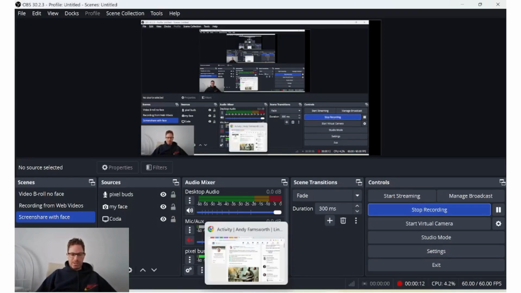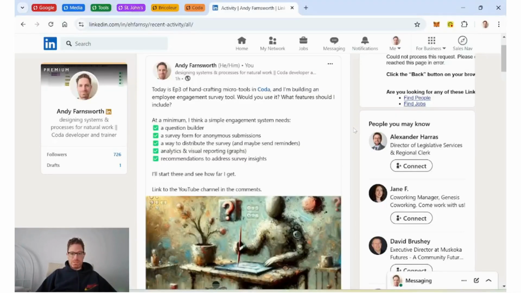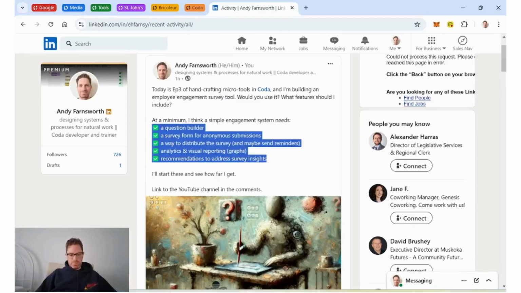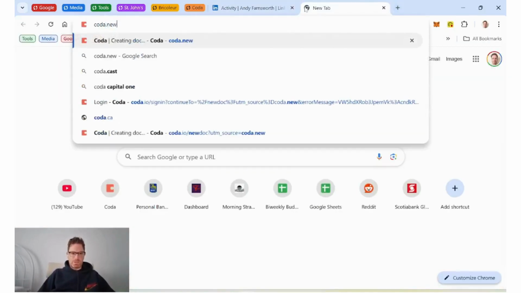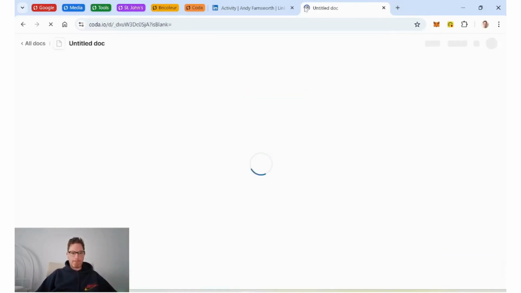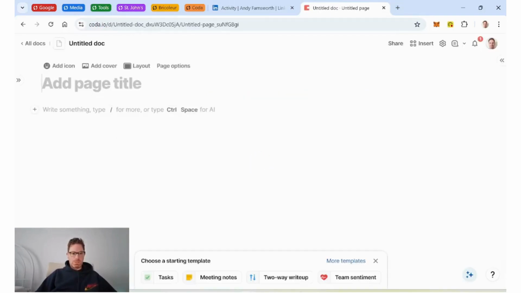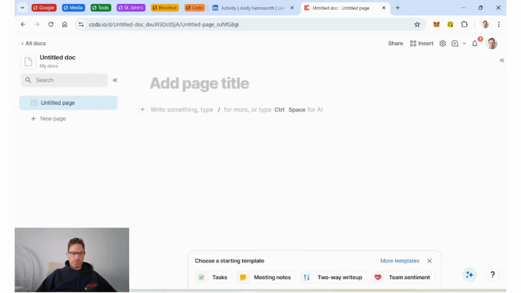Today, I promised on LinkedIn that I would build an employee engagement kind of employee pulse survey tool. I said, here's what it requires as a minimum. So I'm just going to copy these, and then it's everyone's favorite time, coda.new. Ta-da! And here we go. So if I put on this page what I just copied,